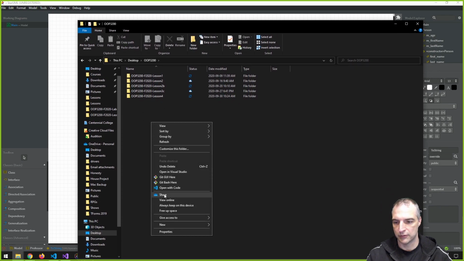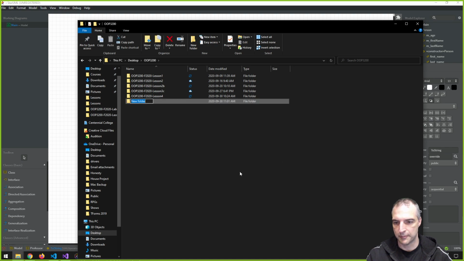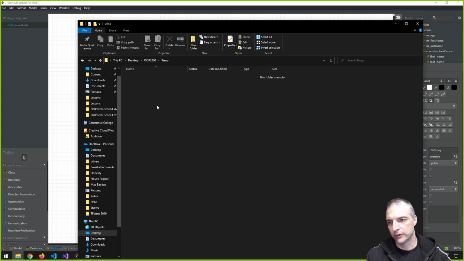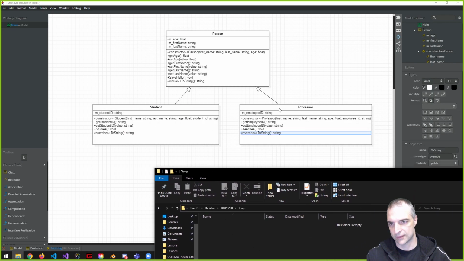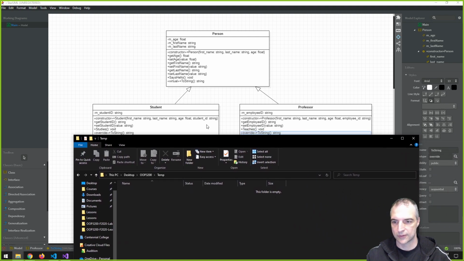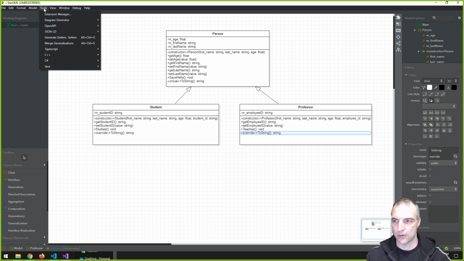So I'm going to make a new folder called temp. There's a reason for this. In my temporary folder is where I want this stuff to come out, right? So I can use some of this stuff that I just made, as opposed to have nothing. So how do I do this? Well, this is where it may work for you guys and it may not, okay? So I want to go over to tools and, well, one thing is on the right